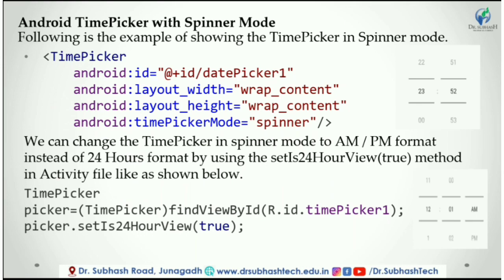Then you have to call setIs24HourView. The above code will return the time picker as shown below. If you observe the above result, we got the time picker with AM or PM format in spinner mode to select the time separately by hour, minute and AM or PM. This is how we can use time picker in different modes based on our requirement in an Android application.